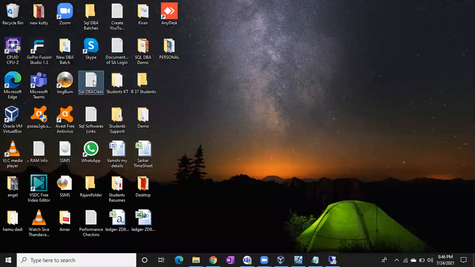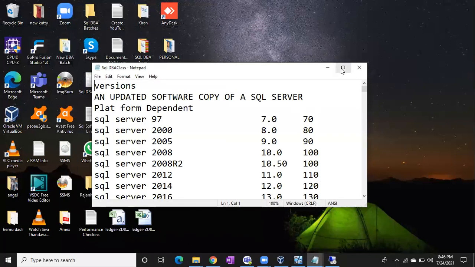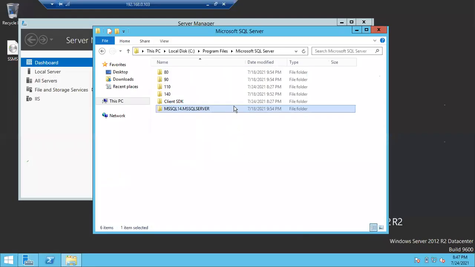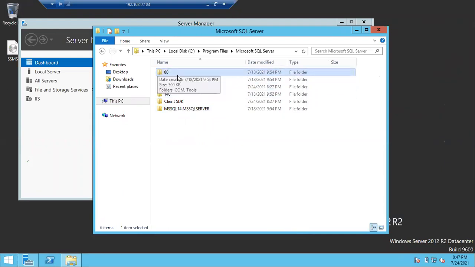If you remember, when I opened the SQL DBA class notes, there you could see numbers 70, 80, 90. Someone asked what are these 70, 80, 90, 100. Those are the folders that are created once you install SQL Server. So don't think that if you see 80, SQL Server 2000 is installed. 8.0 means SQL 2000, right?